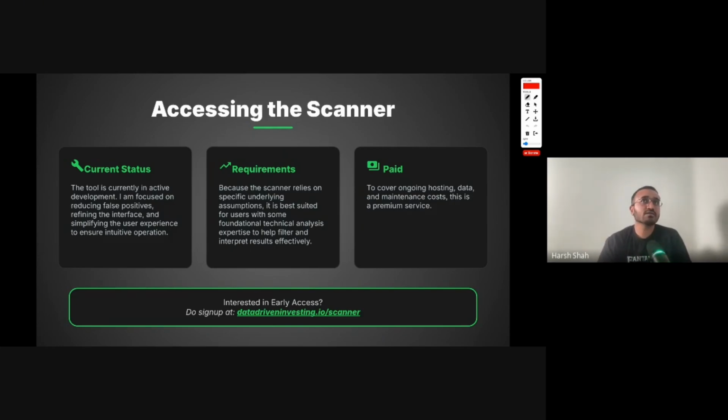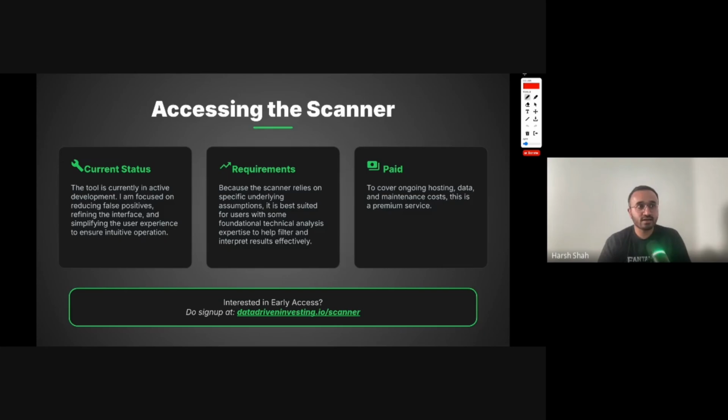One major thing is that decision making is still with the person looking at the scanner. I don't want to be in a place where I start recommending things and that goes wrong. So you need some understanding of what is happening. If you look at the scanner, it's pretty intuitive and not at all complex. You see the line, you see something is breaking out. You still need to be a little bit aware of what technical analysis is. And if you really believe in that, I think the scanner is a game changer.